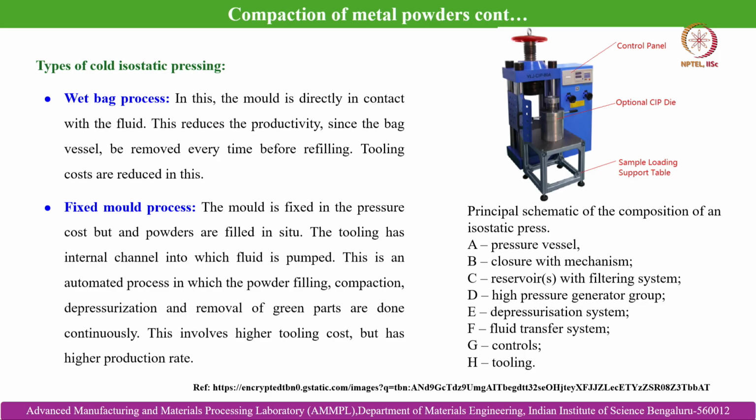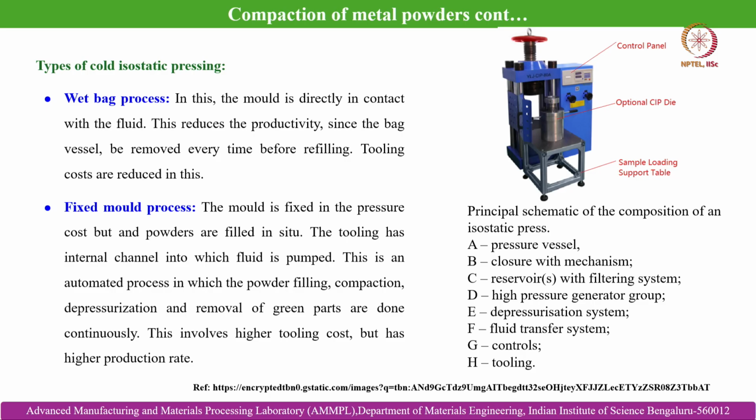And another important thing that you can achieve, as you can even understand from the name itself, is related to the major concern we have seen in case of uniaxial compaction, that is the density gradient. That can be nullified to a greater extent in case of cold isostatic pressing. So, barring some complicated cross sectional regions, cold isostatic pressing can facilitate uniform density distribution within the powder